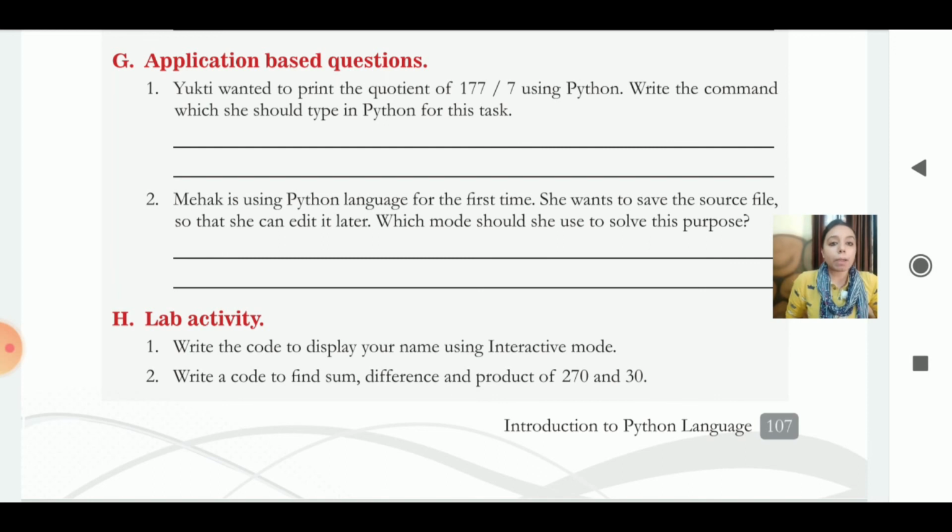Now H is your lab activity. The first question says write the code to display your name using the interactive mode. So this can be done using the print statement, and in the print statement write your name in the double quotes and press the enter key. And question number 2 is write a code to find sum, difference and product of 270 and 30. So you have to say print in the brackets 270 plus 30, then print 270 minus 30, then print 270 into 30, right? This is the way you have to practice this in Python software,